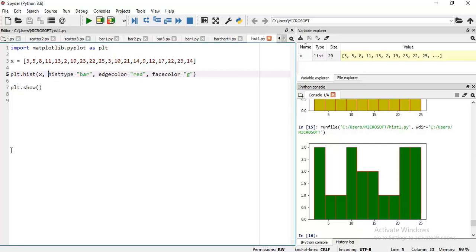Now if you want to create your own class intervals, then you say bins is equal to, and here you can define 10, then 20, then 30. I think this is sufficient because none of the values is more than 30. Okay, let me check how it is working.